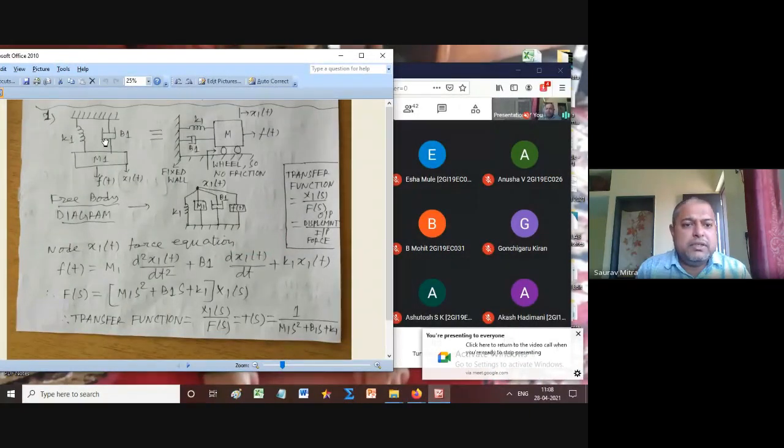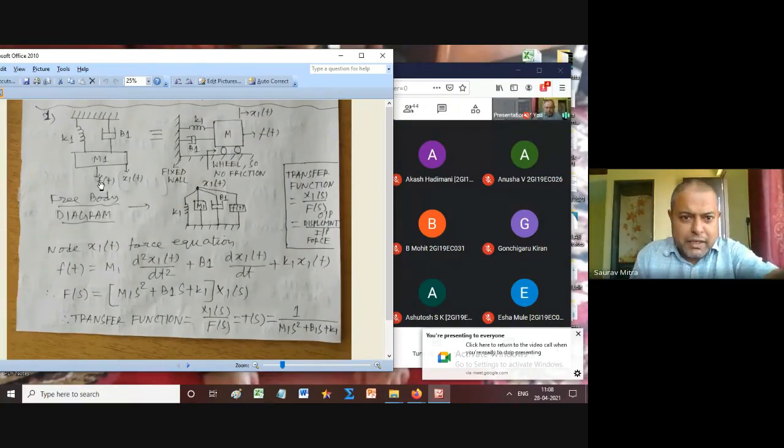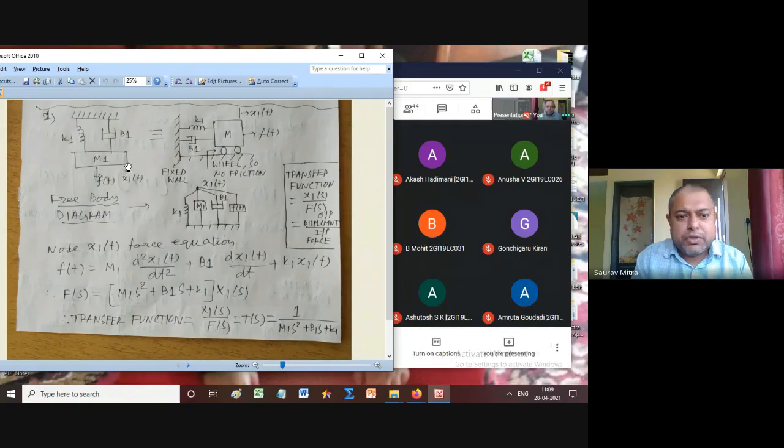Okay, so this is K1 spring, this is B1, this is M1, this is Ft. So this is the force which is pulling the spring down, and one end is connected with the ceiling. So ceiling is a fixed thing. So this is the symbol of the fixed thing. Same system, this Ft is showing a displacement of x1t towards below. I think this diagram is understood. Exactly, this is the way you have to do in the exam.